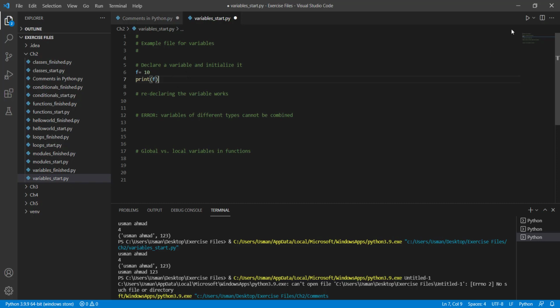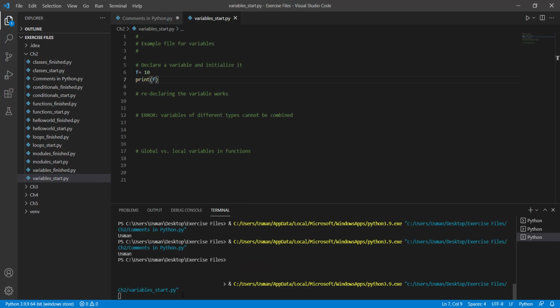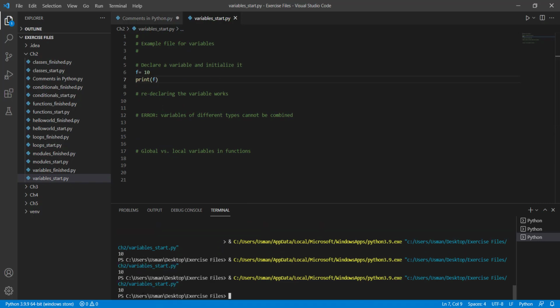So if I run this code, we will get the value of... run Python file. Okay, so this is printing the value 10 here. As you can see in the output screen here in the terminal, we can see the value of the variable